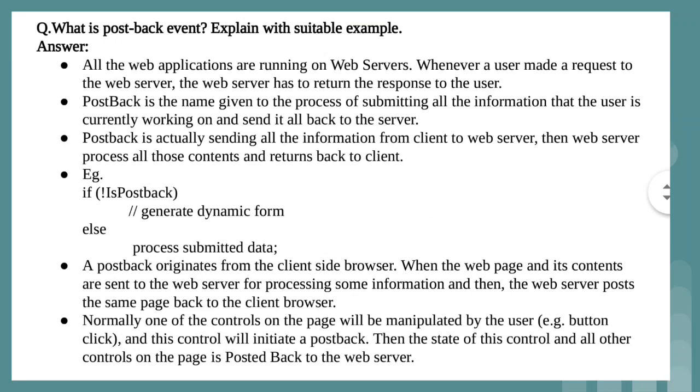So what is the basic use of the auto postback property? It allows us to refresh a page when you select a particular item, or if you change the selection. So when you select different items from the list box, or when you select different check boxes, and on that selection you want to perform certain things, in that situation we have to keep this auto postback property true, because the auto postback property will refresh your page.